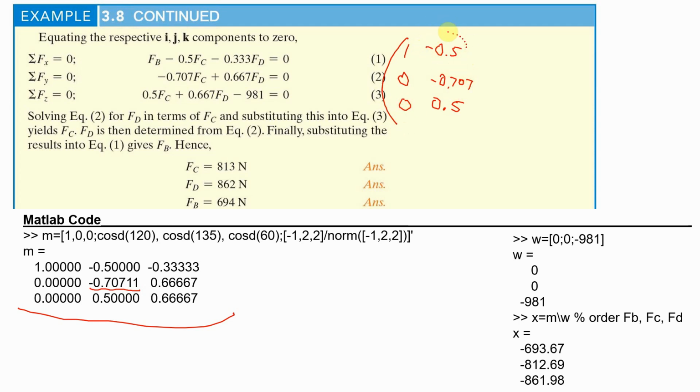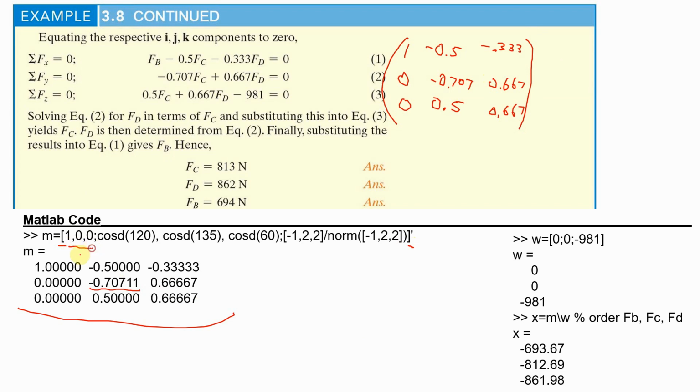This would be FC, multiplier the magnitude of FC in the x direction, multiplier the magnitude of FC in the y direction, multiplier the magnitude of FC in the z direction. And then finally, minus 0.333, and I'm rounding this time, 0.667, 0.667. Once you've got the hang of MATLAB, how to enter the square brackets,